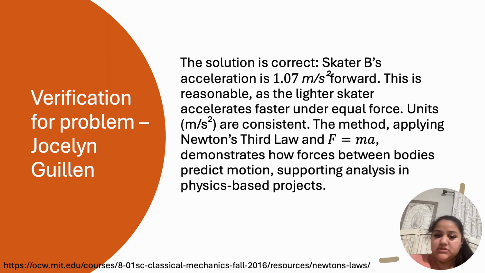Verification for the problem. The solution is correct. Skater B's acceleration is 1.07 meters per second squared forward. This is reasonable as the lighter skater accelerates faster under equal force. Units of meters per second squared are consistent. The method, applying Newton's third law and F equals m times a, demonstrates how forces between bodies predict motion, supporting